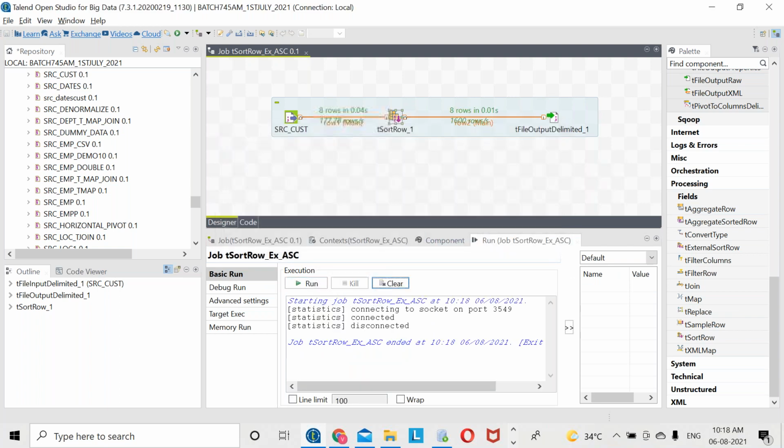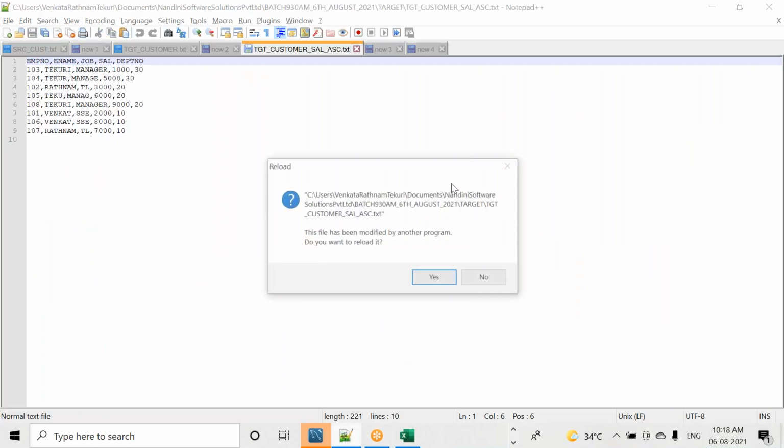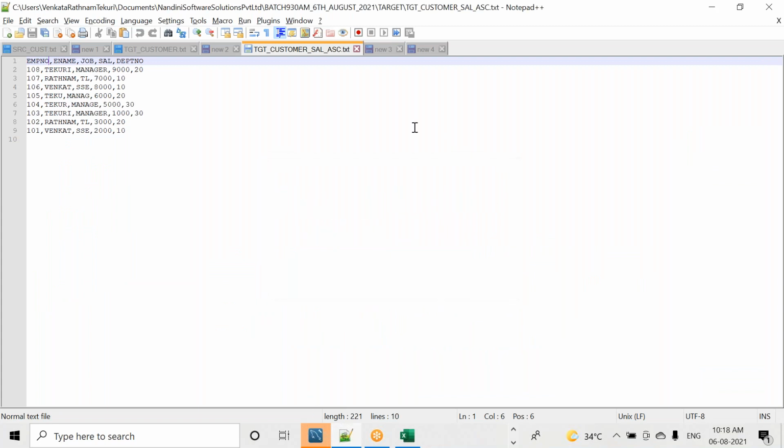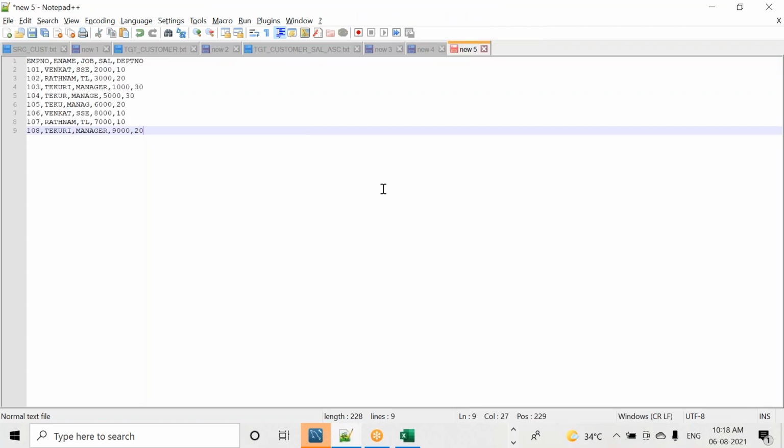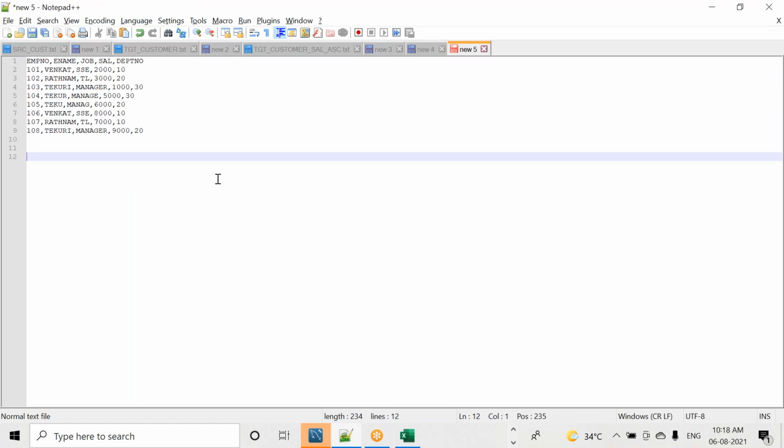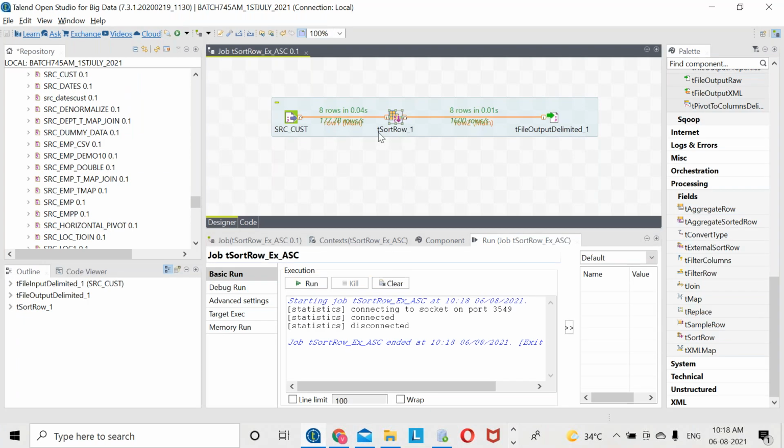So now I will go for an important scenario. Please observe carefully, team. Very, very important scenario, real-time scenario, interview question scenario. Keep on silent, means keep on mute. If I tell one time, you should not repeat it. Sir, it will support only one input link and one output link, right, sir? Yes, it will support only one input, one output.